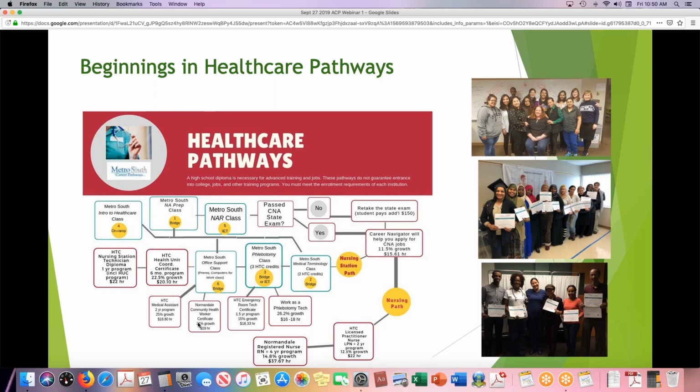programs. Number 3, the third class we added, was the phlebotomy class, which is considered either a bridge, since it fits into HTC programs, or an IET, which is technical training so they can get a job as a phlebotomist. And number 4, we added introduction to healthcare. We backtracked and said, wait a minute, we aren't preparing these lower learners for our bridge classes.